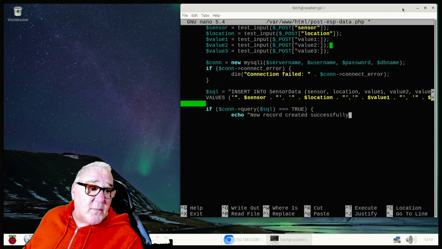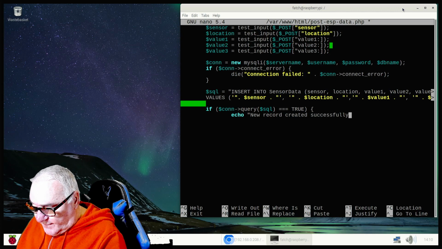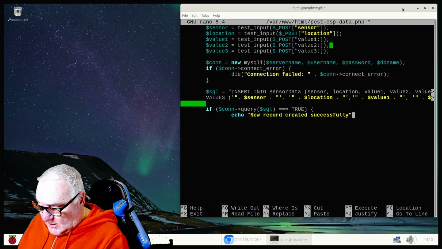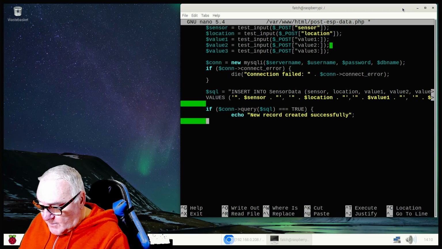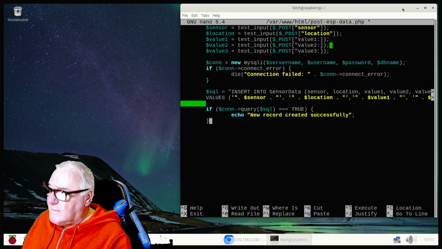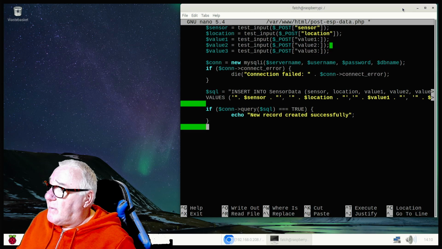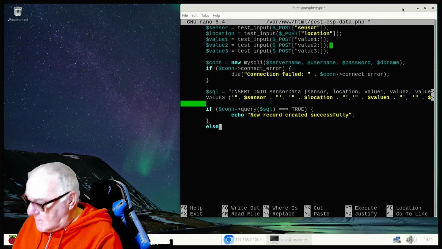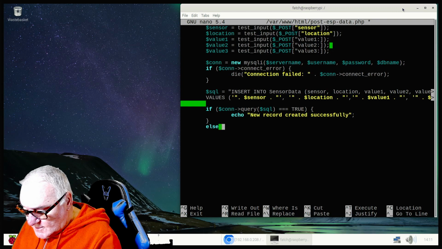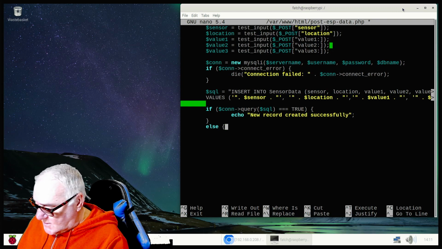All right, and that's quotes off, semicolon, enter, tab, curly brackets off, enter, tab, else, space, curly brackets on, all right, space, tab,